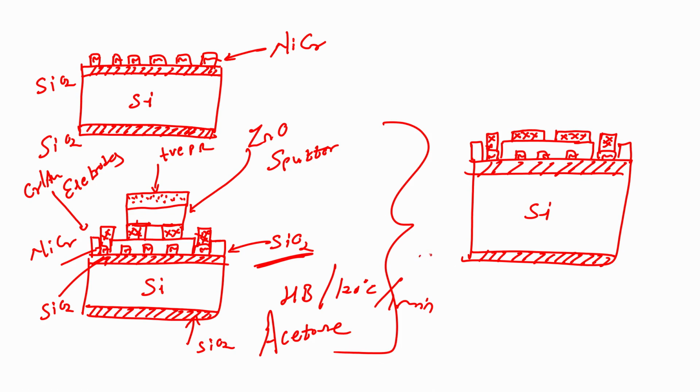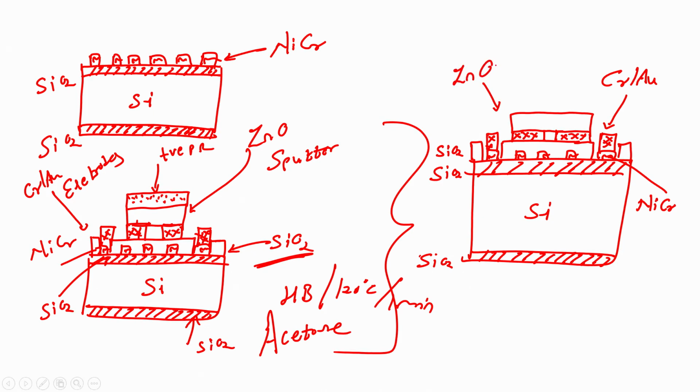So, this is my SiO2, this is SiO2, this is SiO2, this is nichrome, this is chrome gold, and this one is my